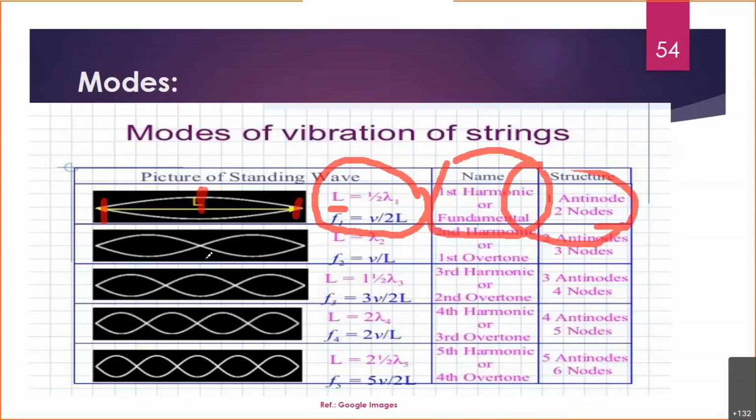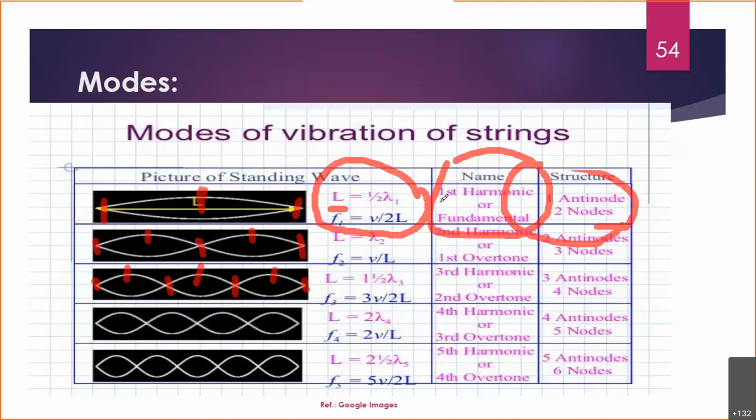Now coming to the second one, again the same formula 2d equal to n lambda, but now you are changing the integer value of n: 1, 2, 3, 4, 5. Accordingly you see that in the second diagram there are two antinodes and 1, 2, 3 nodes. In the same way you can identify it. Here you see 1, 2, 3, so basically 3 antinodes, but if you consider the nodes, then 1, 2, 3, 4 such nodes are there, and you name each properly.